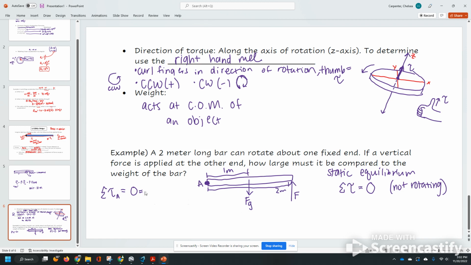So that's going to be negative. So negative Fg times 1 meter plus, this would cause a counterclockwise rotation, that applied force times 2 meters. So to simplify that, I've just got negative Fg plus 2F. We're trying to figure out how large must F be, so let's rearrange this, add Fg to the other side, and then divide by 2. It looks like that force applied at the end